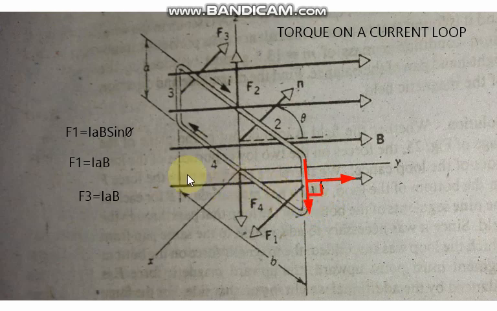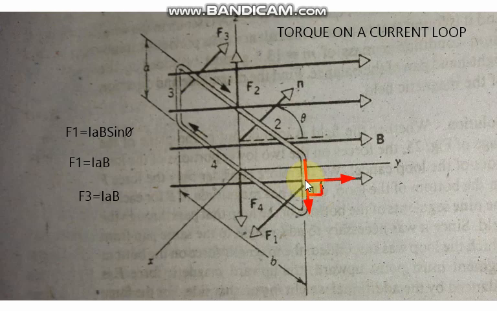So if you put sine of 90 over here, it will give us IAB. I is the current flowing, A is the length of these two parallel sides which are vertical, B is the magnetic field in which this loop is placed. So this is the force on this side 1, and what would be the direction of this force acting on this segment of the loop if you apply Fleming's left hand rule